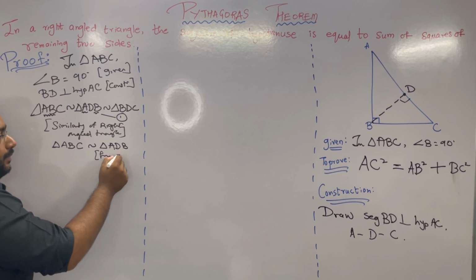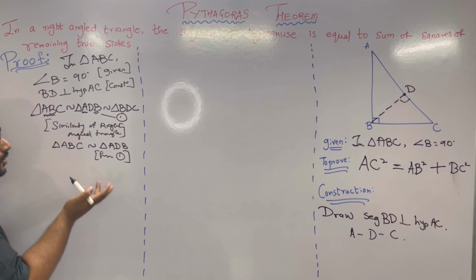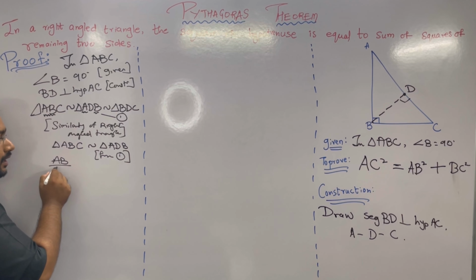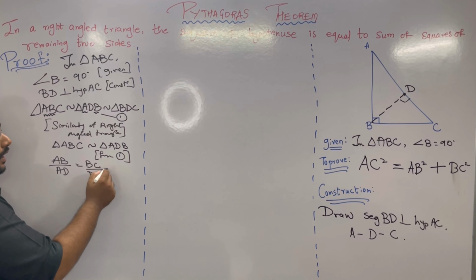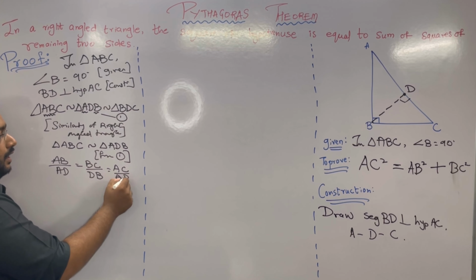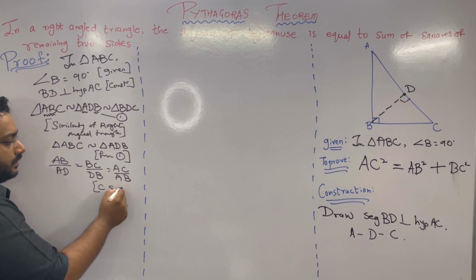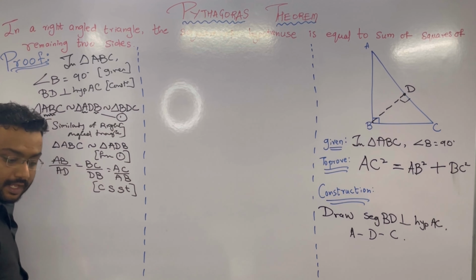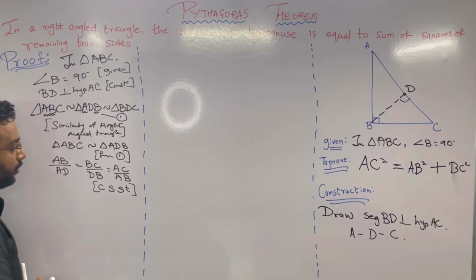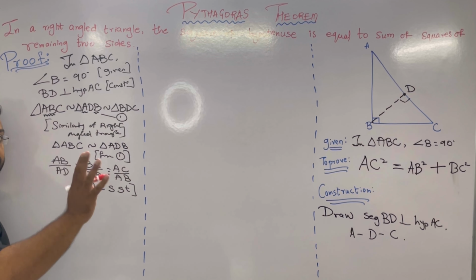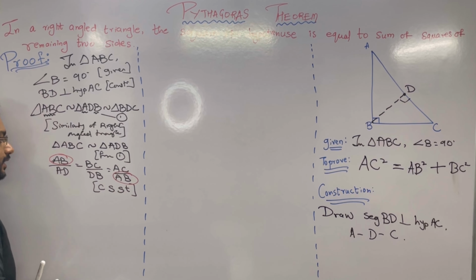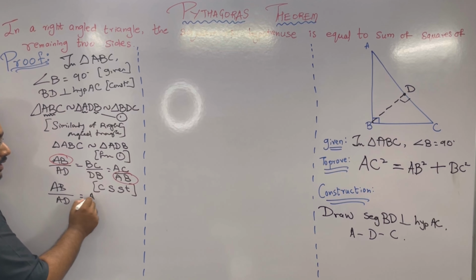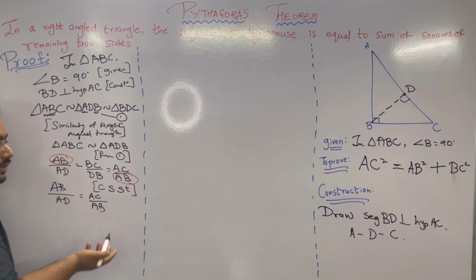Now we all know that whenever we have two similar triangles, what we do? We form ratios. Superb. Let's form ratios. So it will be AB upon AD is equal to BC upon DB and AC upon AB. And reason for this will be CSST, corresponding sides of similar triangles. Now you need AB. Just observe from all these three ratios, in which two ratios does AB come? So if you observe, in the first there is AB and in the third there is AB. So let's write that in the next step. So it will be AB upon AD is equal to AC upon AB. Now it's done. We got AB square.